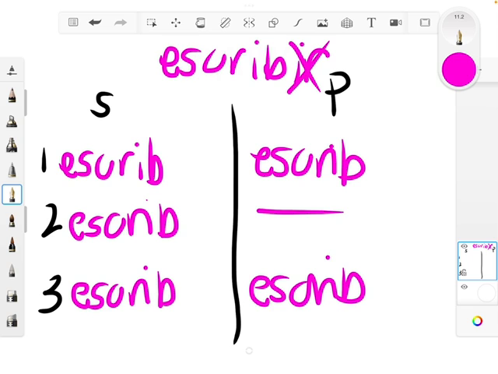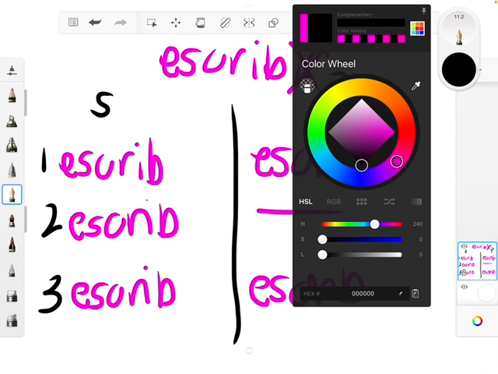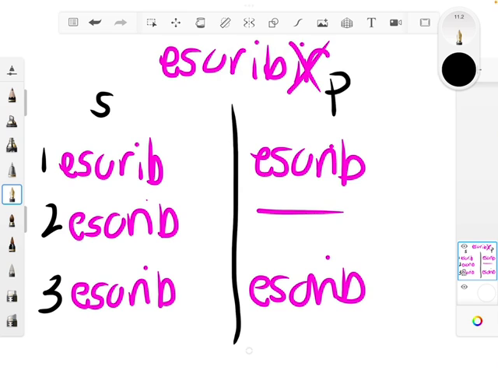Then we add our endings. So, yo escribo, tú escribes, él escribe, nosotros escribimos,